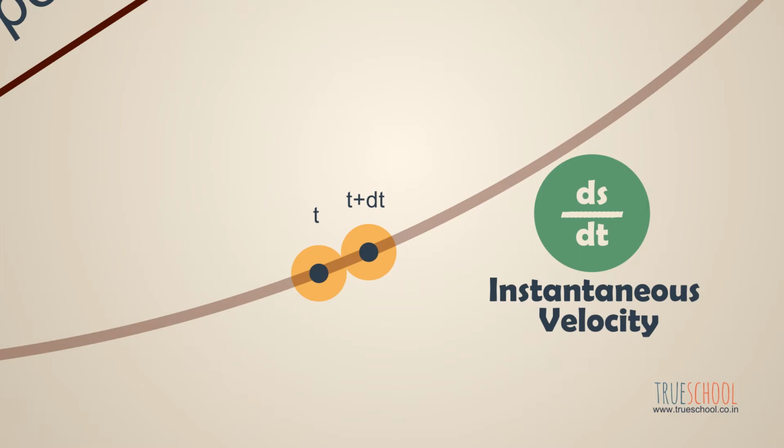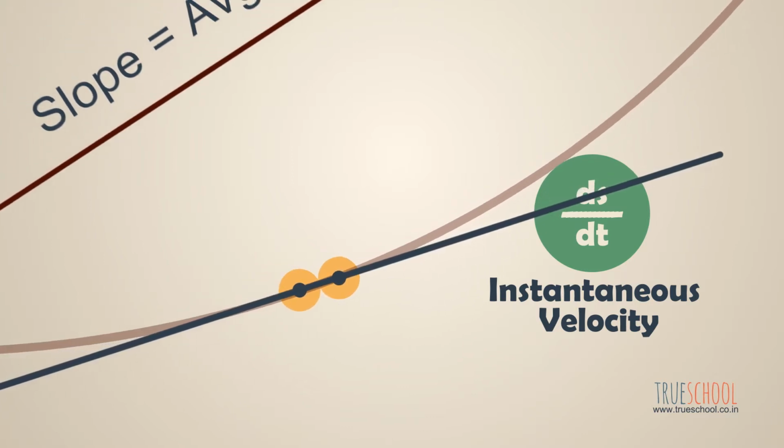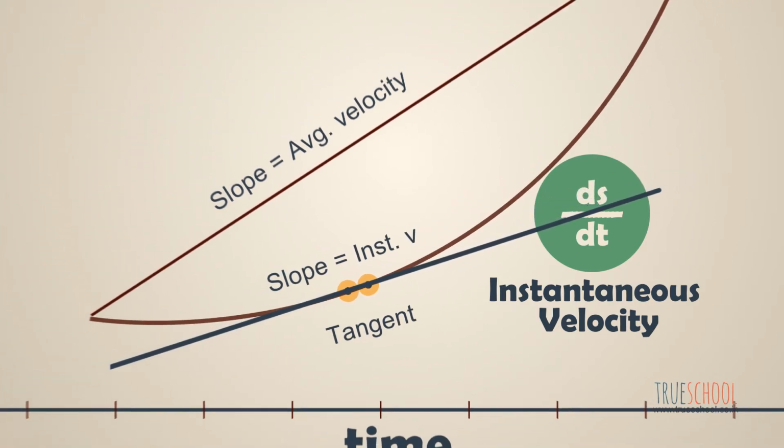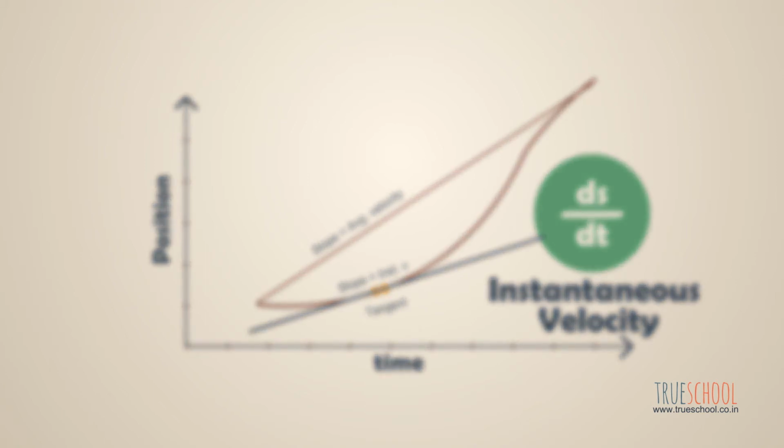Now, because we are just talking about adjacent points around time t, it can also be the point just an instant before time t. Graphically, if we isolate these 2 points, we can draw a line joining these, and that will become the tangent to the original curve. So, like average velocity, the slope of this line should tell us something about the magnitude of instantaneous velocity, and the direction of slope should give us the direction of motion at that instant, right?